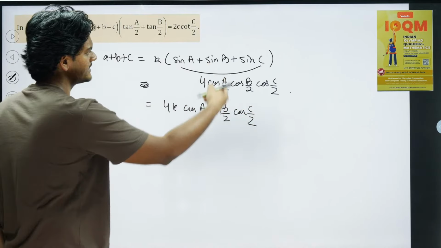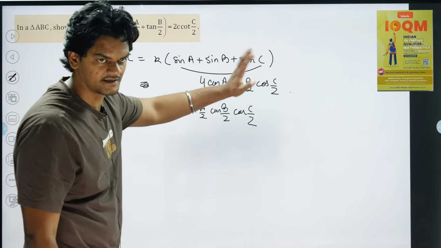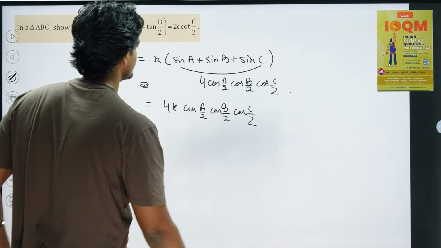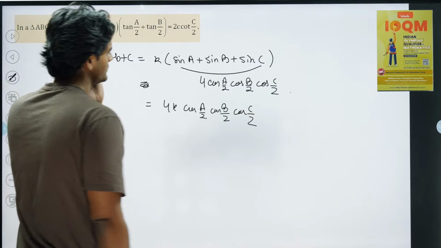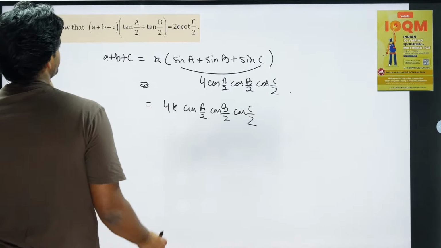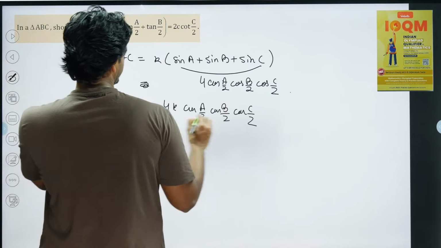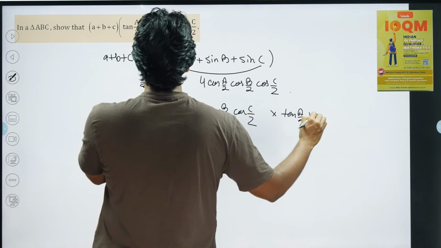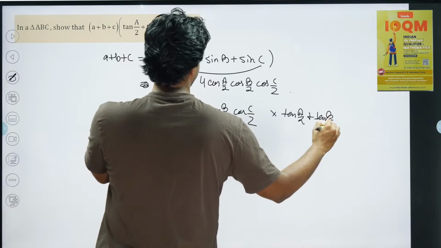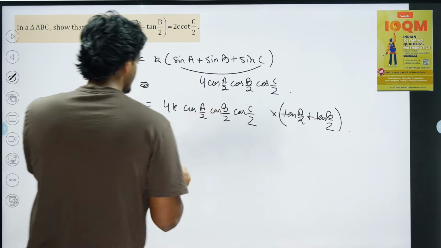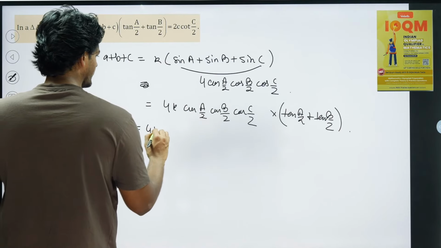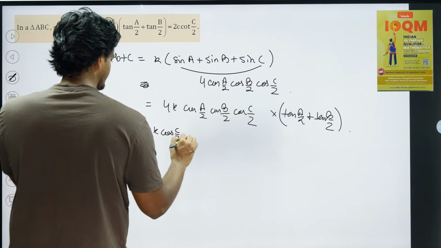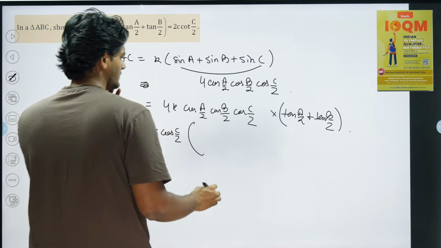We saw this, right? Sin A + sin B + sin C is 4 cos A/2 cos B/2 cos C/2. Very easy. And we are now supposed to multiply this with (tan A/2 + tan B/2). So I'll write this as 4k cos C/2 into